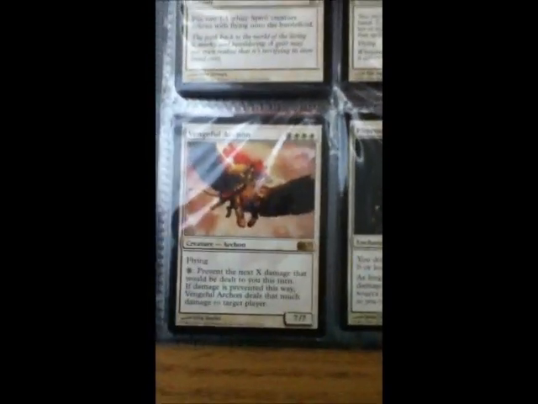Sunblast Angel, Aegis Angel, Austere Command, great for EDH. We've got probably 6 Midnight Hauntings, I think. Chancellor of the Annex, Tempered Steel, a Vengeful Archon, Phyrexian Unlife, Umbra Mystic,